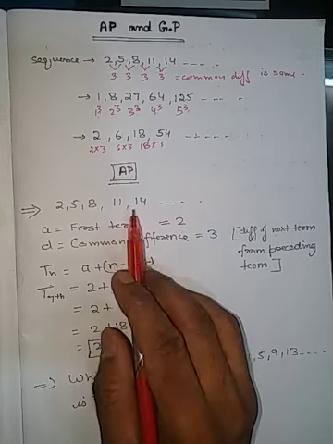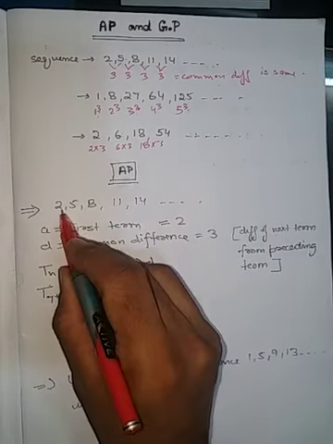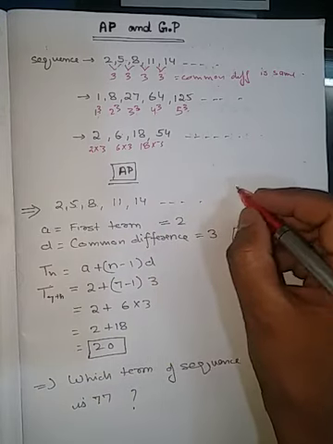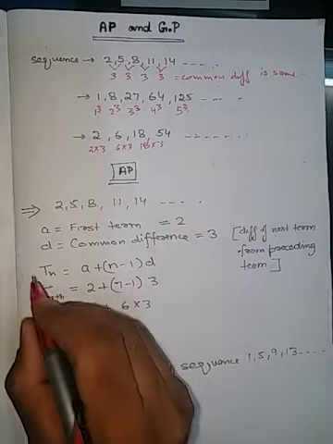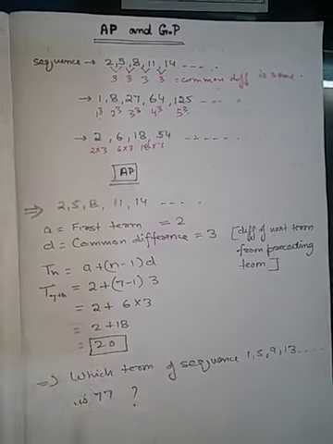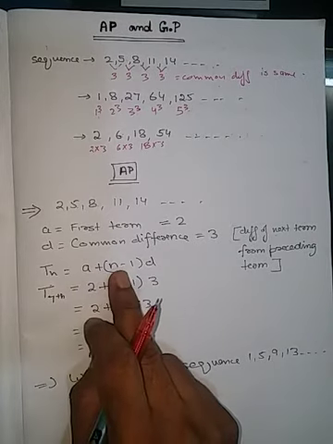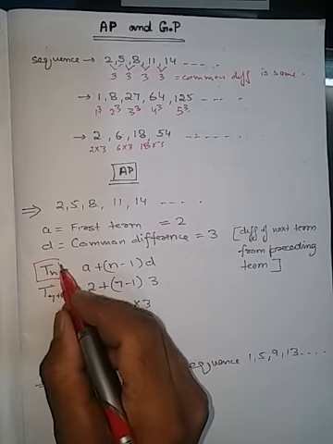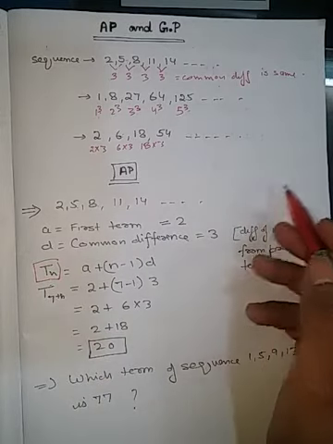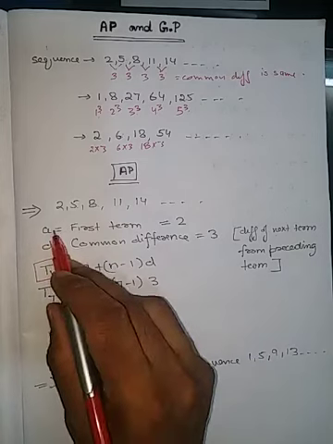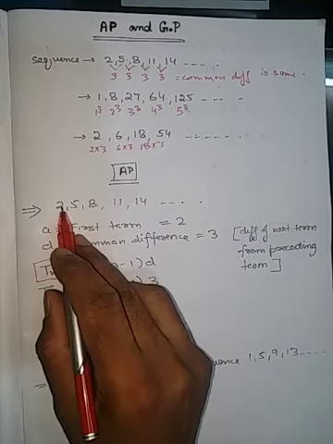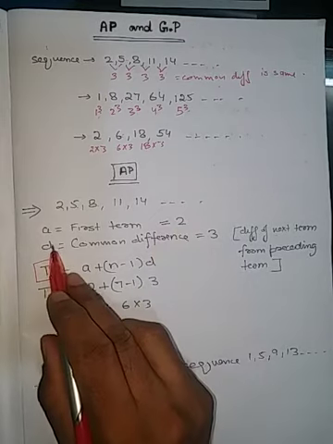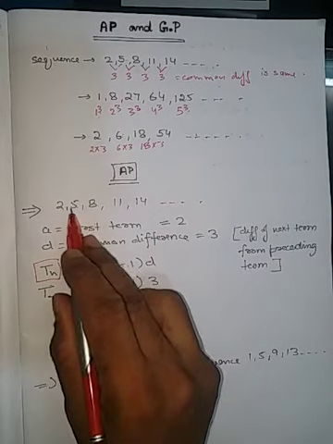Now there are certain terms to find out. Suppose this is the first term, this is the second term, third, fourth, fifth, sixth. Suppose we have to find the 20th term. How to find it? There is a formula for that. Tn equals a plus n minus 1 into d. This is the formula to find any term, the 20th term, 21st term, 100th term. And a is the first term of the series, whether negative or positive. Here a is 2. And d is the common difference between the consecutive numbers.